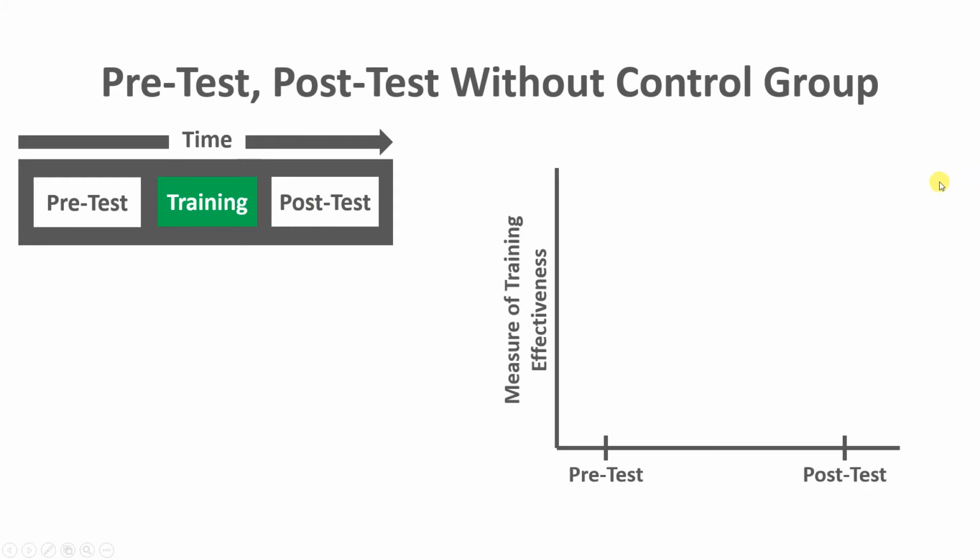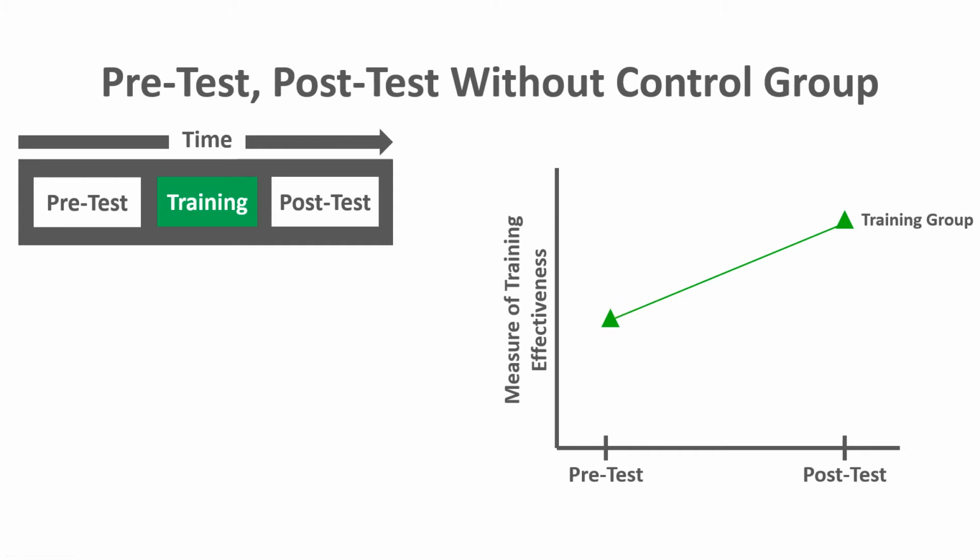Let's look at that a different way, using the same plot that we saw before. As we had before, the green triangle represents those people that went through the training group, and this is their average level on the measure of training effectiveness that we've selected. Now, if we give them a pre-test, we have that baseline. Let's imagine this is the pre-test value here. We can see that, at least visually, there is an increase, or a positive change, in time from pre-test to post-test on whatever measure of training effectiveness this is. So this gives you a baseline. It lets you know where people started.